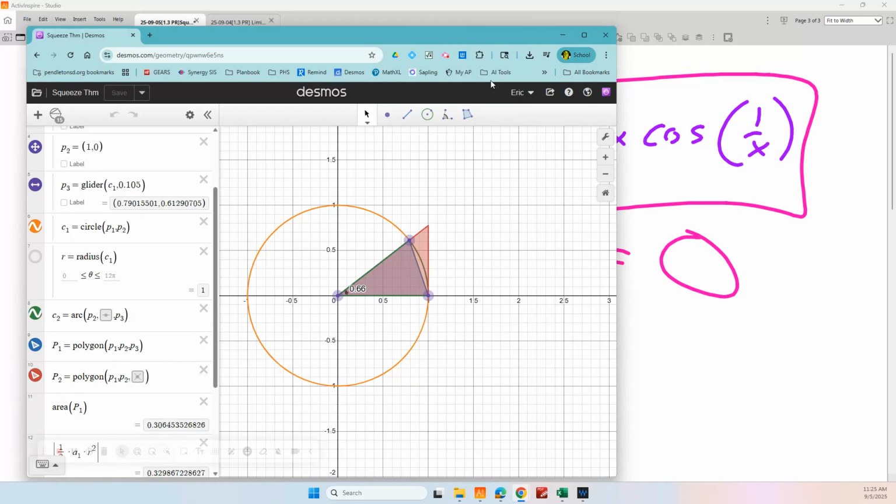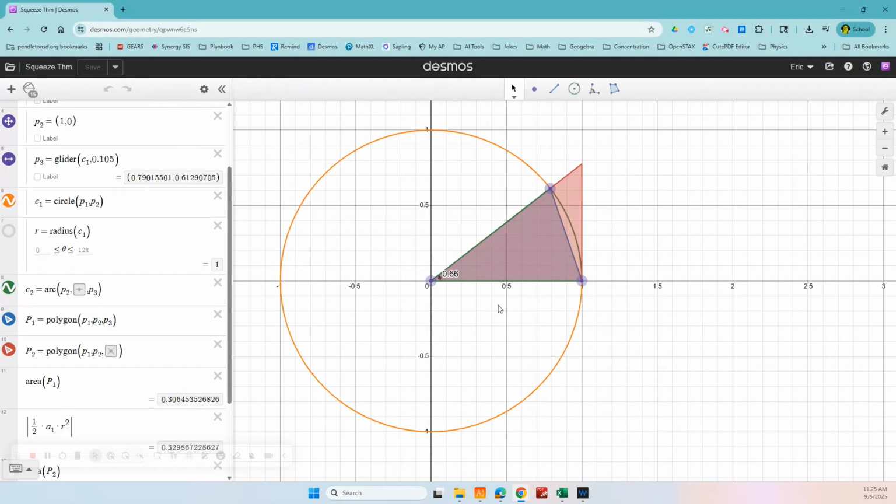If we look at our example from yesterday, that looks pretty familiar, doesn't it? So we've got a circle of radius 1. And let's start off with that triangle. And I can drag this point around. That's going to define some angle in radians, right? There's the output of that angle. And if we calculate the area of this guy, it's right there. The area is 0.218, blah, blah, blah. Okay? So let's look at